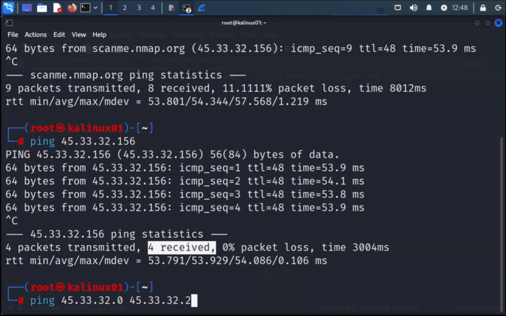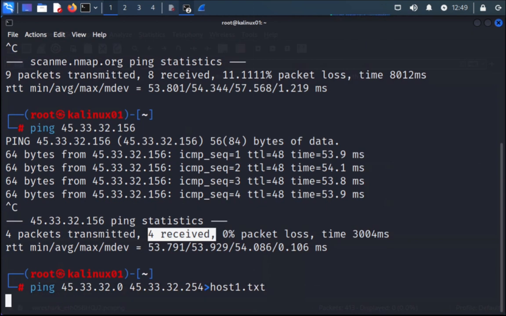Suppose we are going to check all the hosts, by giving the greater-than character and the file name hosts1.txt, and just enter. It will find all the live hosts on the target,